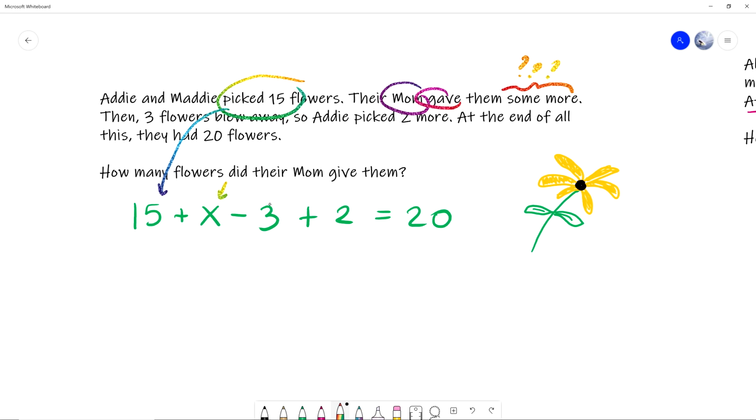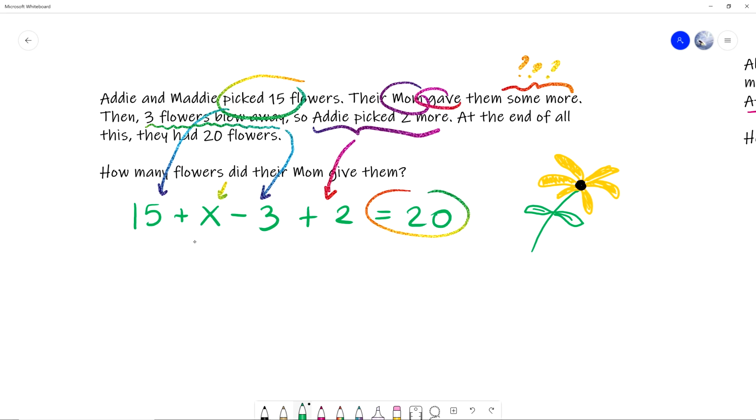And then minus 3. Why did you write minus 3? Minus 3 is because then 3 flew away. 3 flowers flew away. So sad. Yeah. Okay. And then since those just flew away, I picked 2 more. Very good. And then equals 20. Equals 20. And then at the end of all that, they had 20. Yeah. So end of story. Goodbye. The end. Okay, not quite the end, because we have to find out how many flowers your mom gave